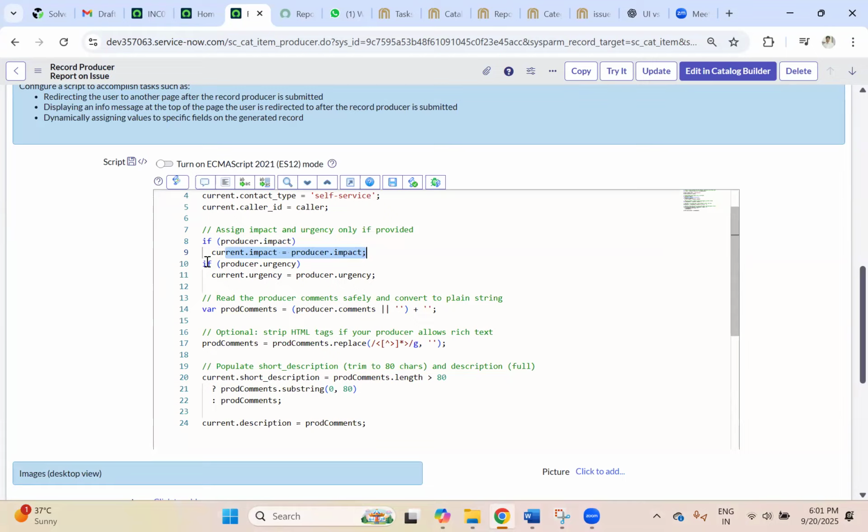I'm sorry, the other thing is urgency. Anyway, I didn't populate the urgency field, but we can go ahead and populate it. If producer dot urgency, whatever value I'm selecting, populate the same value in current dot urgency. So producer, current is nothing but,